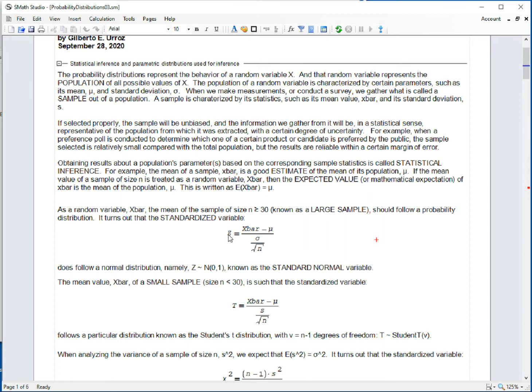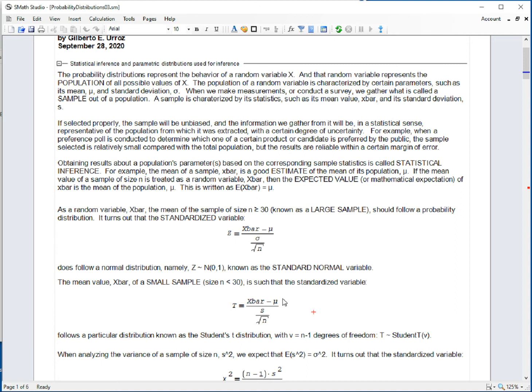And that variable follows the standard normal distribution. That's a normal distribution with zero mean and standard deviation equal to 1. And we can then use this distribution to find critical values for the statistic z. If, when evaluating x bar, we use a small sample, which requires n to be less than 30,